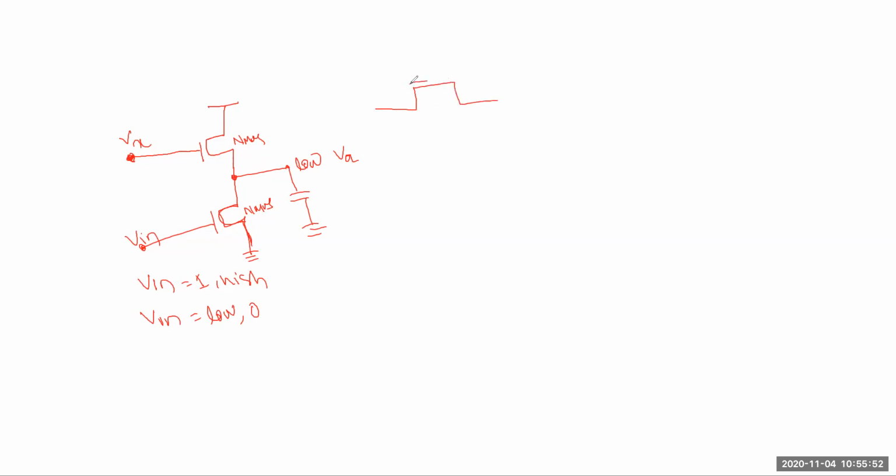Okay, this gate is something Vx. This is your VDD. This is your output, like that. If this voltage is either VDD or less than VDD, then here you will get a drop of one threshold voltage. If it's VDD, it's VDD minus Vt. Suppose it's M1, it's M2, so you'll get VDD minus Vt2 here.